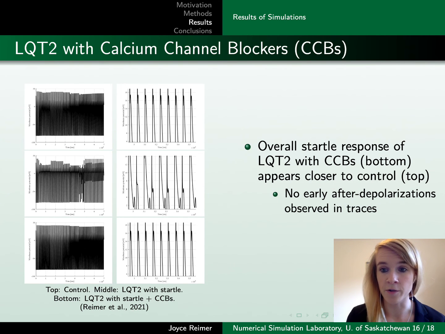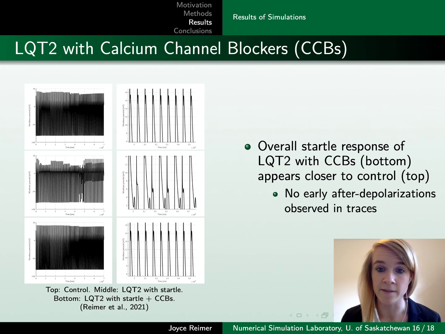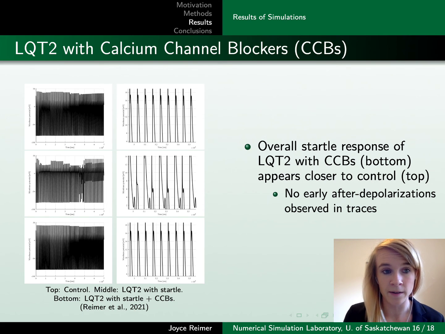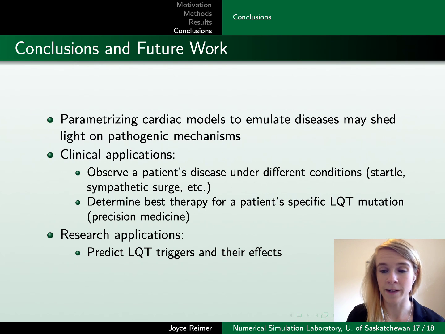And this is just to show that the full startle response with calcium channel blockers, which is on the bottom, is very similar to the startle response seen in the control traces at the top. In conclusion, we have shown that parameterizing cardiac models to represent diseases may shed light on the disease's mechanisms and characteristics. This study also demonstrates applications of cardiac models in clinical settings because we showed that we can observe a